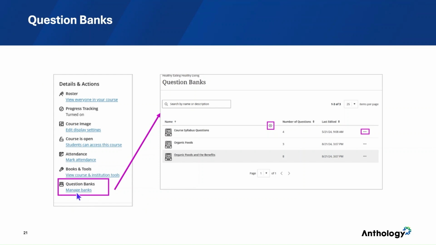If you click on manage banks, you'll see your question banks area where you can start adding those. You'll find the plus icon at the top of the panel. There, if you open that option, you can create a new question bank from scratch, adding questions one by one. You can auto-generate the question bank through the AI design assistant, or you can import a question bank